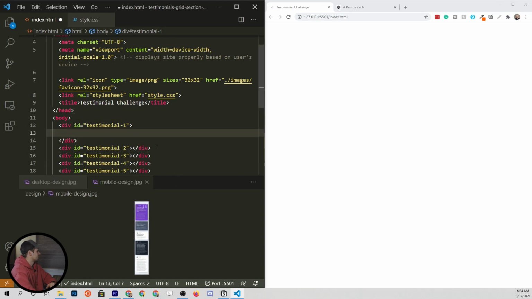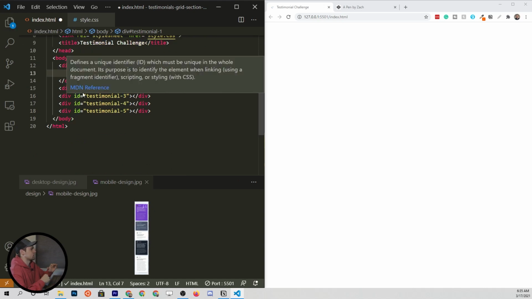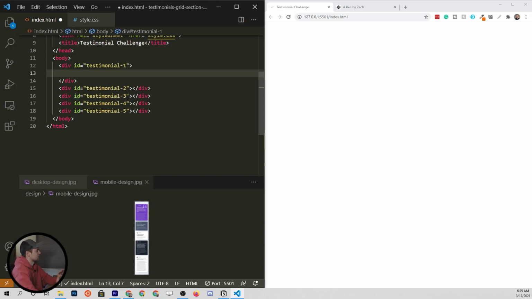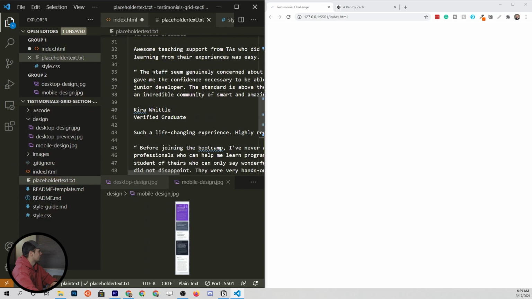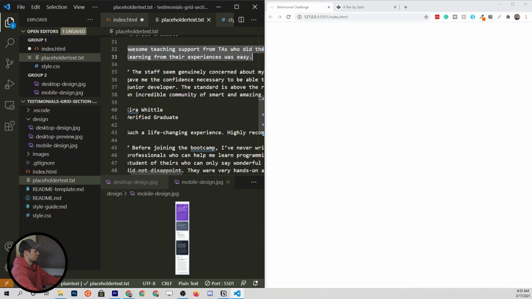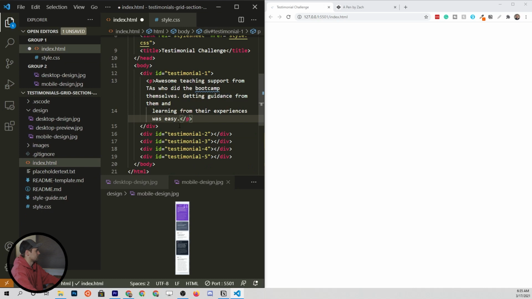And here in testimonial number 1, I'm just going to put a small amount of content because I don't want our HTML document getting super busy with a bunch of text yet, because that'll take away from the concepts we're trying to learn here. So let's go to the placeholder text, and maybe we'll just grab this really short line of text and we'll put that in a paragraph tag. So we'll just copy it there